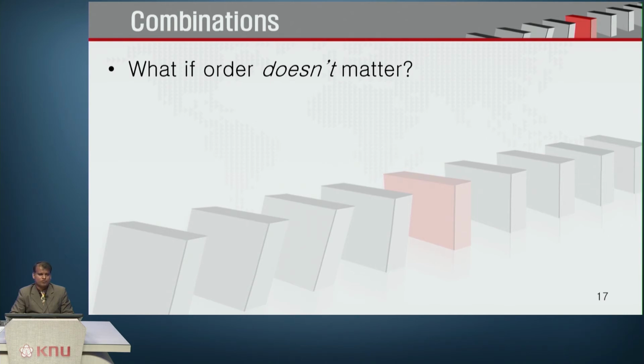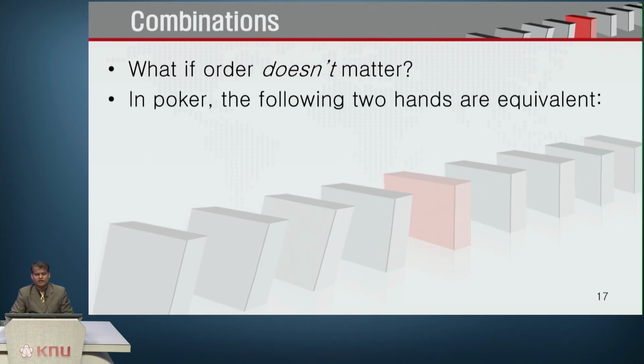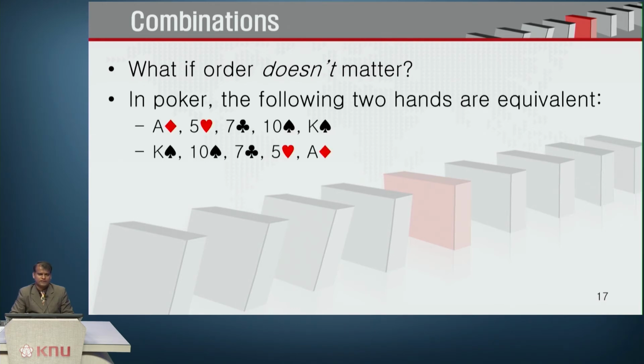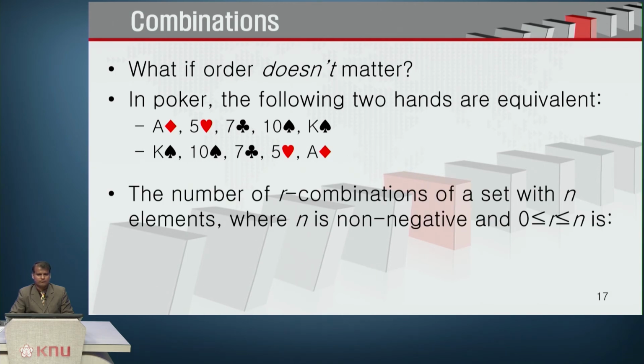What if order does not matter? We talked about ordered information in the past with the permutation, whereas the combination is where the order does not matter. Say for example, you have these 2 things, and both are the same. As you can see clearly, they are exactly the same. The number of r-combinations of a set with n elements, where n is a non-negative integer and r lies between 0 and n, you can simply write as,